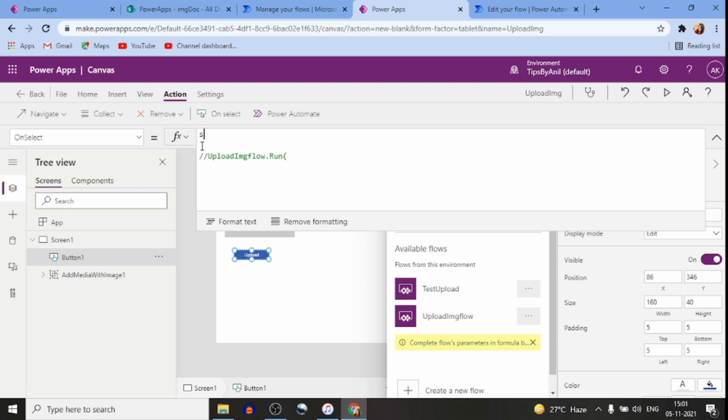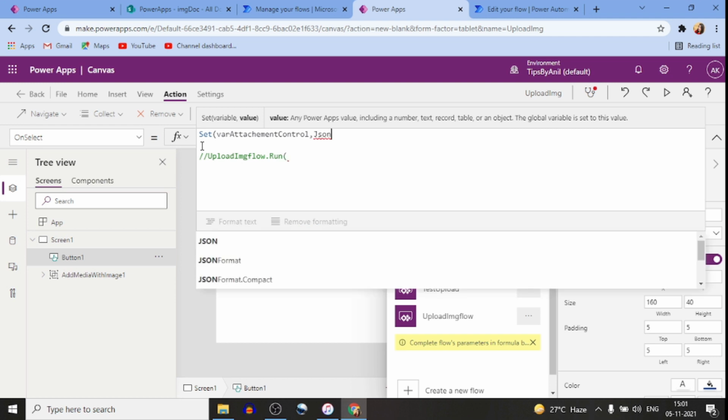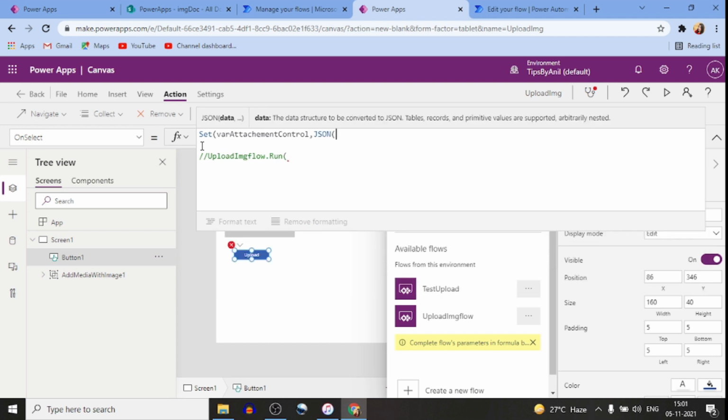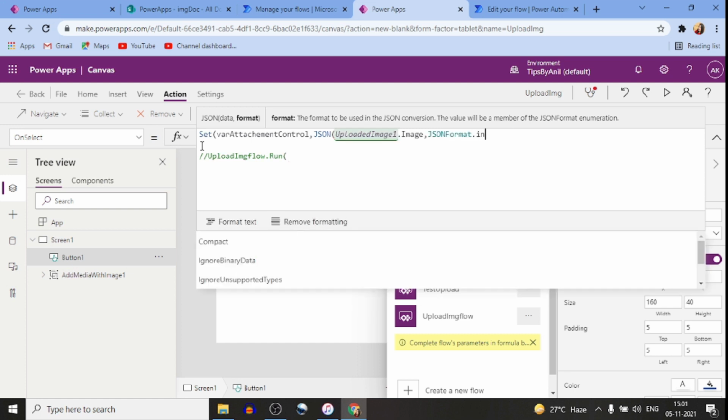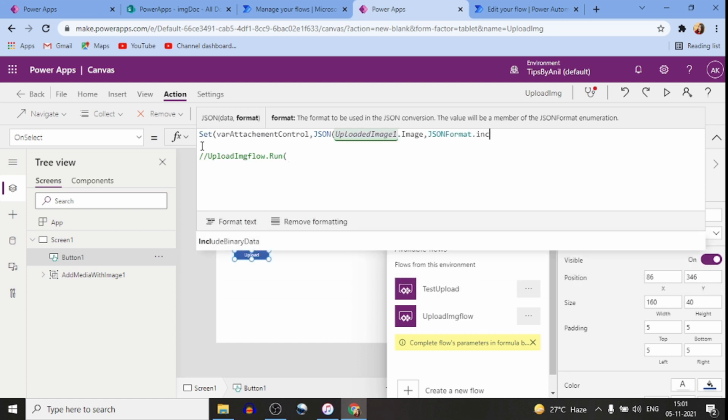What I will do is create a var attachment control variable, and I will convert this upload image 1 dot image into JSON format, dot include binary data.